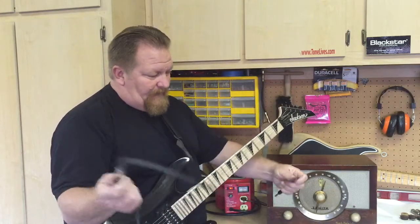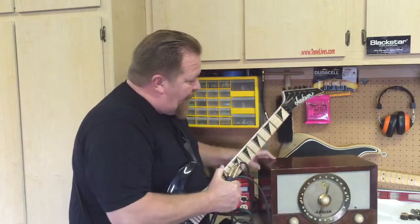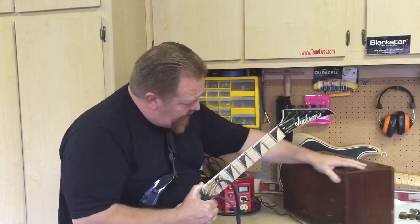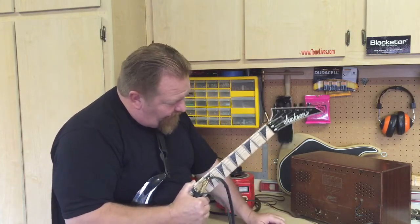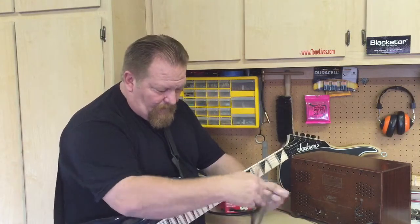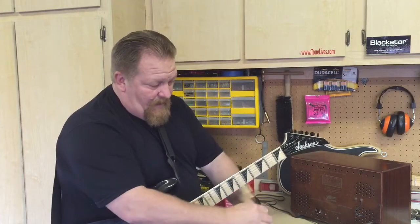And I realized that this thing had an RCA jack in the back. So let me roll this around and show you guys. This thing has one RCA jack. It says radio and phono on it, right? So you switch it to the phono position, and I just took a guitar cable and hooked up